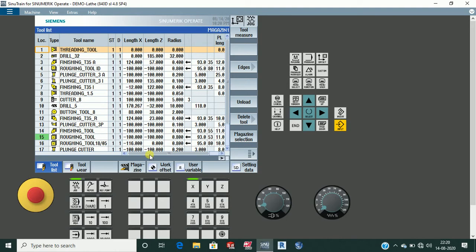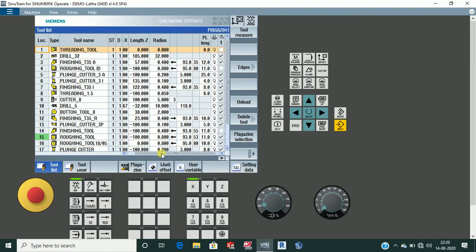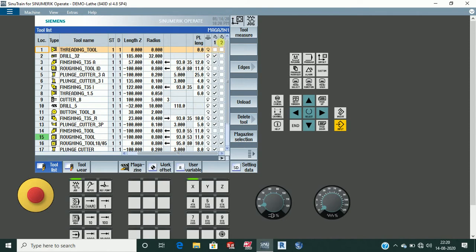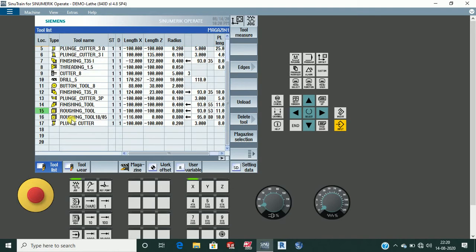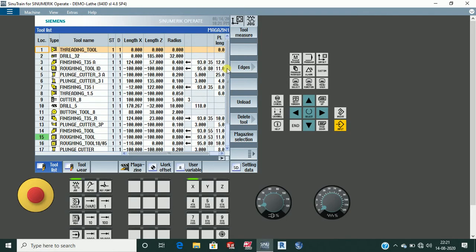I have started from the basics, so I'll tell each and everything. And this is plunge length, coolant 1, coolant 2, and this is for the spindle, if we want to run the spindle clockwise or anticlockwise. I'll be covering each of the options till the last, including how to create a tool. I'm just clarifying what each button works for. PPU, program processing unit. Now let me get the machine position.